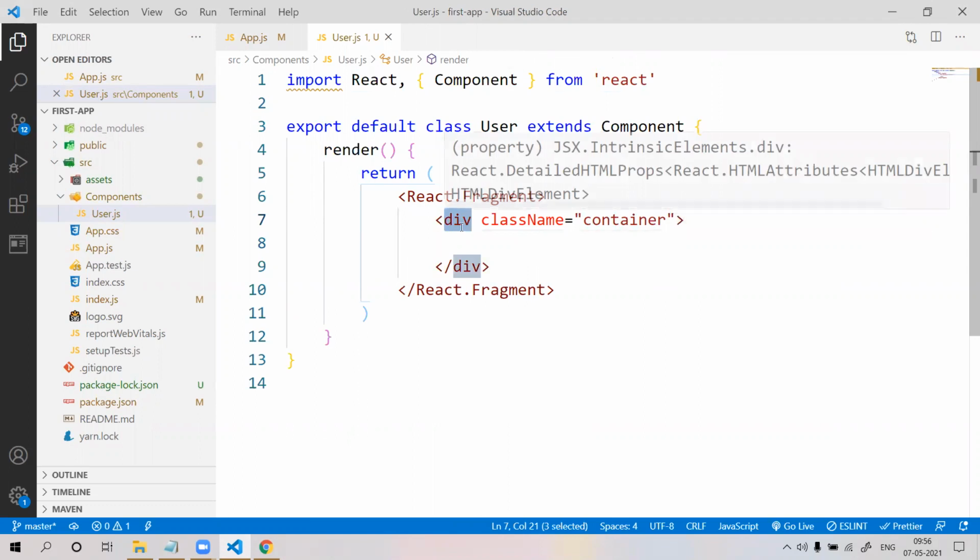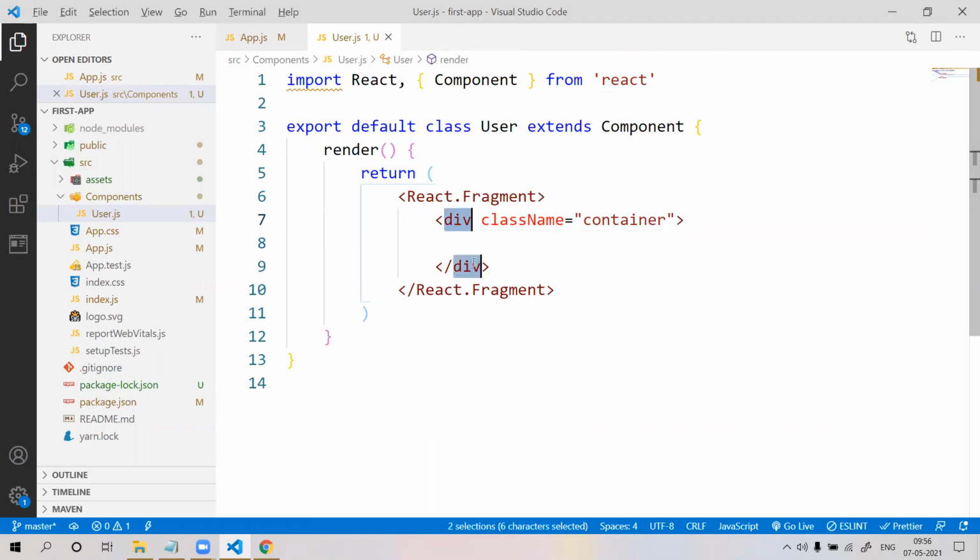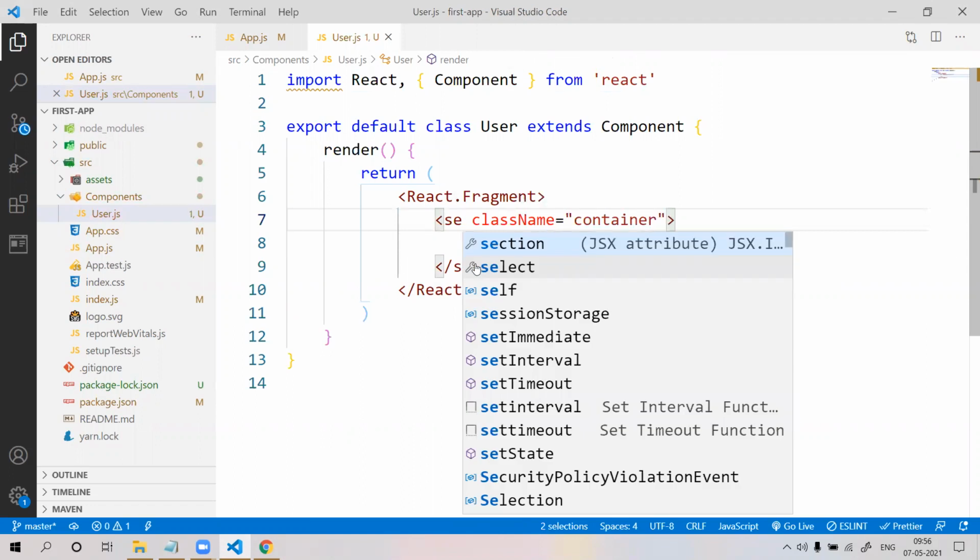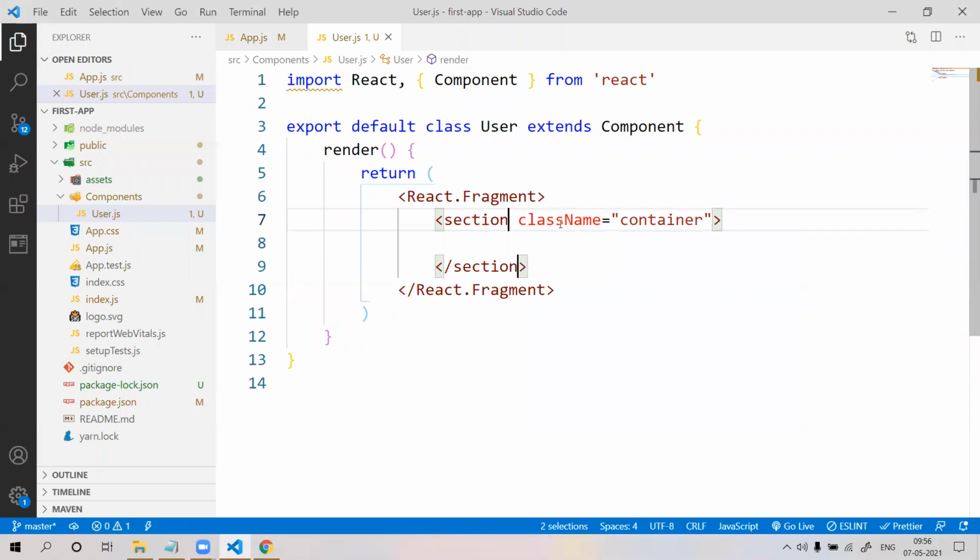This is not a div, this is a section, with margin top 5.